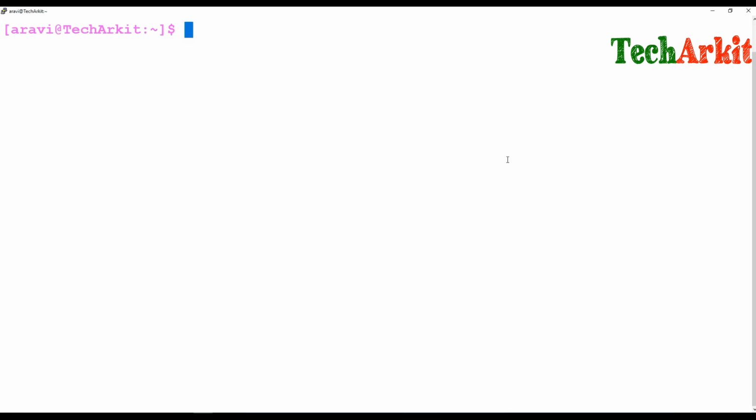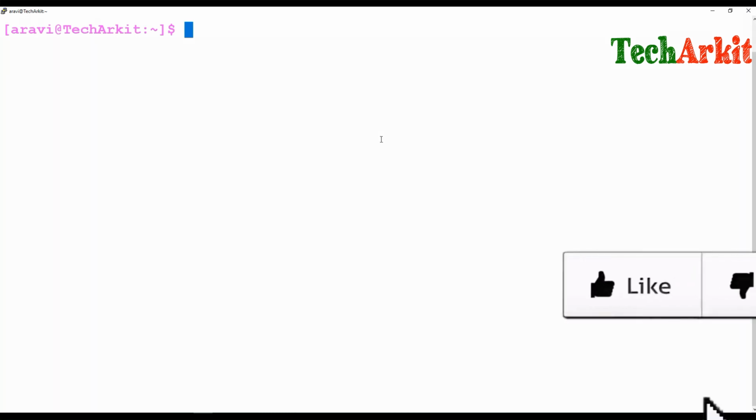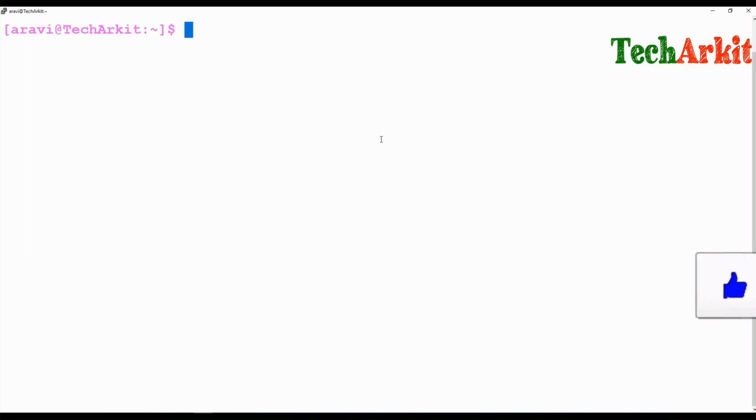My name is Ravi. In this video session, we are going to see how to monitor disk utilization. In the previous session, we made a CPU alert, so whenever CPU usage is high, it sends us an alert, right? In the same way, we are going to make one more script that is useful for monitoring our server disk utilization, or the file system utilization, how much it is used. Based on that, it's going to send us an alert.